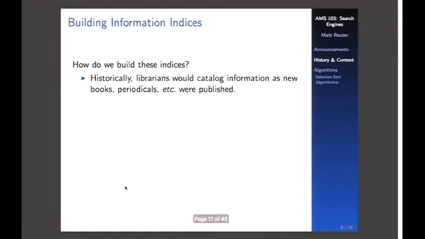Okay, and so what happened? This is what librarians did. Okay? And so, historically, maybe once a week or something, your library would get a shipment of new books, new periodicals, new resources, whatever, and the library staff, possibly working with the publisher, would come up with a way of saying what was in this book or periodical or resource, and they would put together the card and put it in the card catalog,